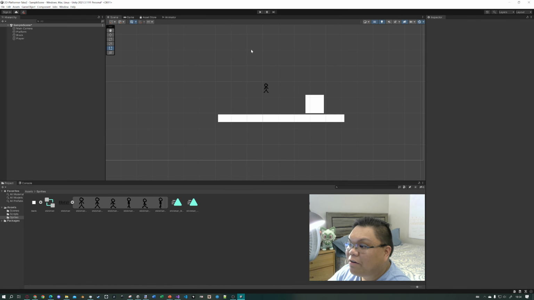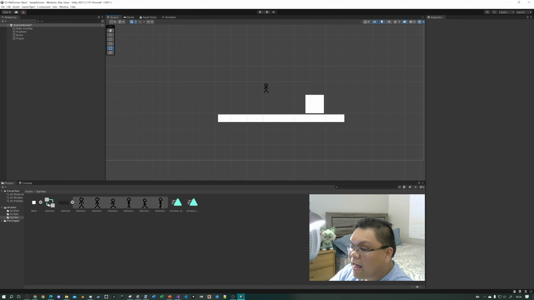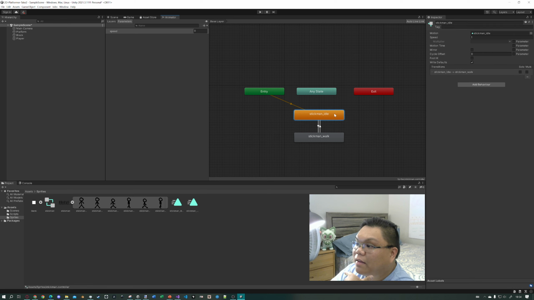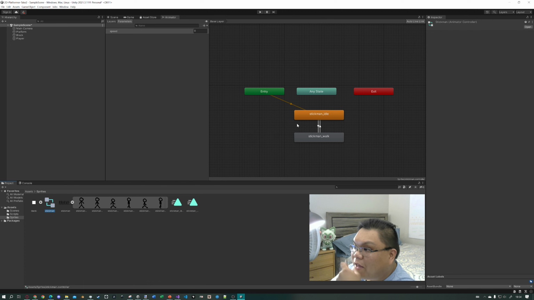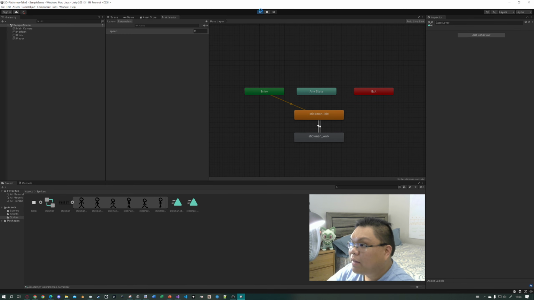It's a little too fast though, so it's also going to be worth changing the speed of our animations as needed. So I'm just going to go back to our animator controller, click on the idle state, and set its speed down to 0.2. Press enter, and if we play this game again,